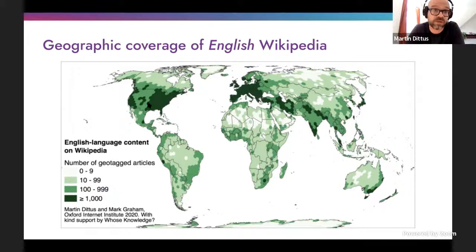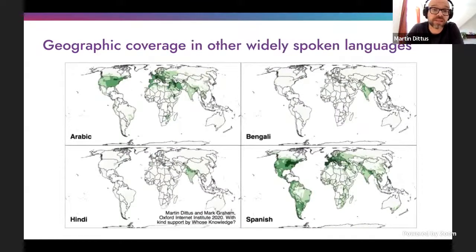There's a lot of content about Europe, about North America, about certain parts in West and South Asia, but many other parts of the world are not as well covered on English Wikipedia. Now, if we look at this for other language editions, it's even more severe. We can see that Arabic Wikipedia seems to have a similar coverage as English Wikipedia, just with less content. But again, when we look at the distribution of Bengali content, and Hindi, that is largely